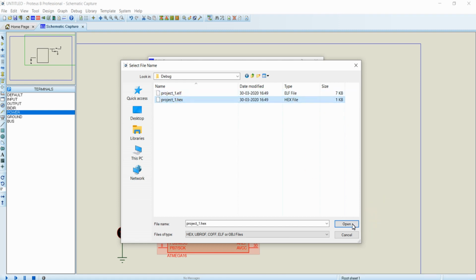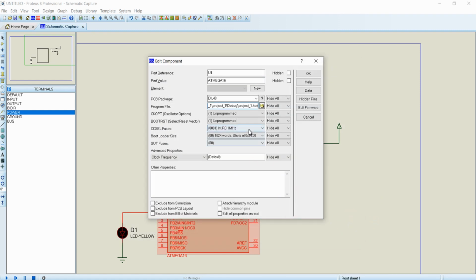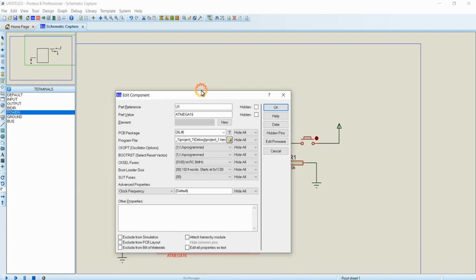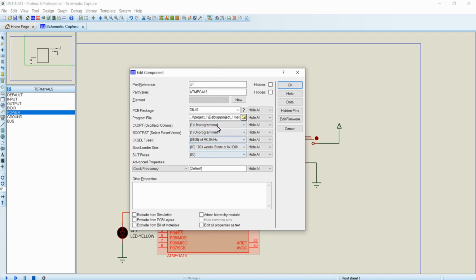Click on it and click on open, and then you just want to select any one of the internal frequencies of the IC. I am selecting 8 MHz for simulation purposes, but in hardware I am providing a 16 MHz external crystal oscillator that I cannot do here. That is why I am selecting one of the internal frequencies and I am clicking on OK.